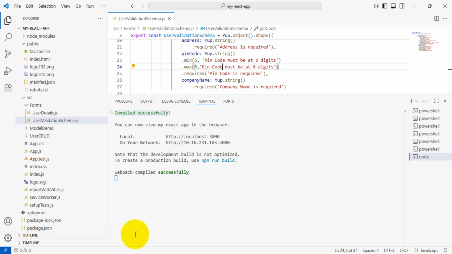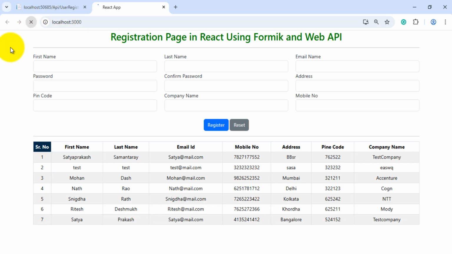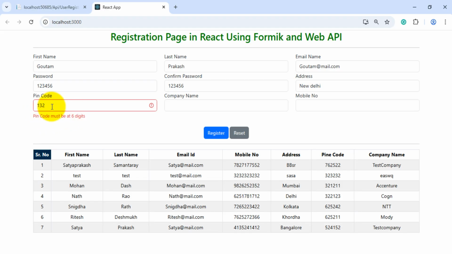So it's compiled successfully. I'll go to my browser, okay, and refresh it. So I need to insert the data. Gautam, Prakash, password, address, and pin code. So here, see, pin code must be 6 digits, okay,